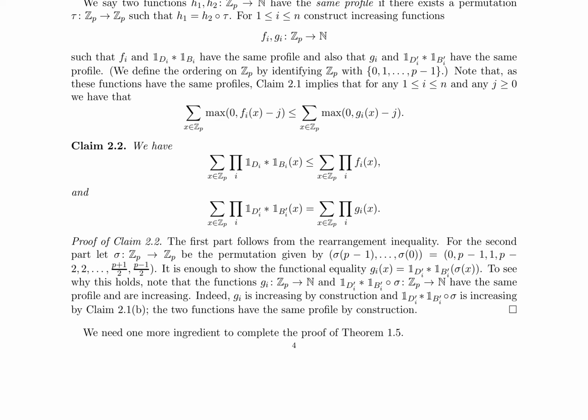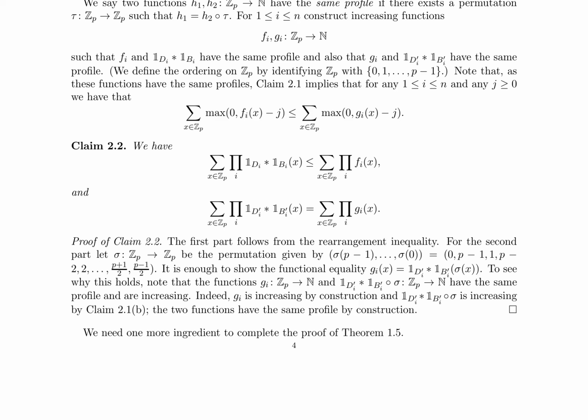The second part asserts that the summation of the product of b_i(x) over i and x in Z_p is equal to the summation of the product of g_i(x) over i and x in Z_p, where g_i is an increasing function with the same profile as b_i. The proof of claim 2.2 relies on the rearrangement inequality for the first part and a functional equality between g_i and b_i composed with sigma,